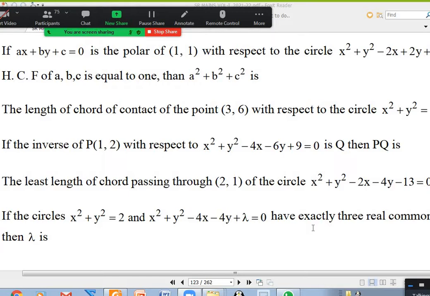Okay, any other doubts? Anybody in these 5 questions? 8 and 9, sir. Come on, what is there to ask in 8? Tell me, Saket. Polar of a point with respect to circle, do s1 equal to 0, you will get the line. Okay. What is your doubt? Tell me. I'm asking if you have a doubt, tell me what is the doubt.